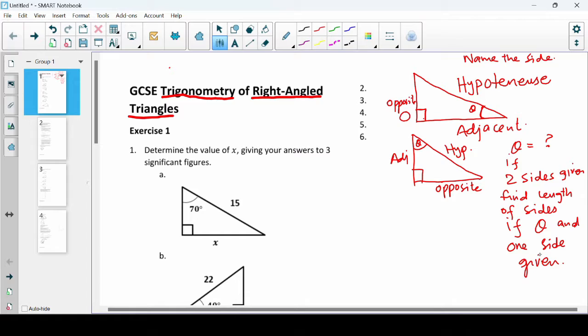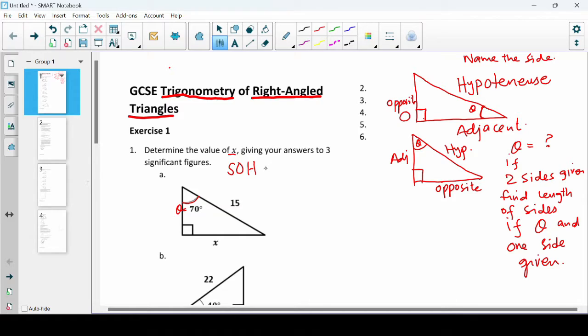So we move over to the first question. Determine the value of x, giving your answer to three significant figures. So we have to give our answer to three significant figures. In this one, we see this angle theta has been given to us as 70 degrees, and the hypotenuse has been given to us. So the catchword for using the trigonometric functions is